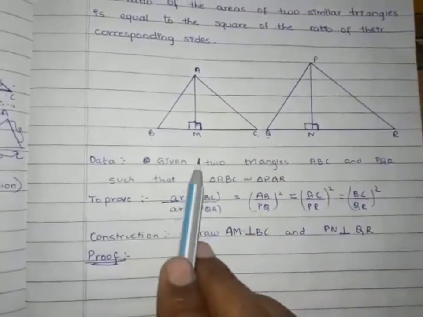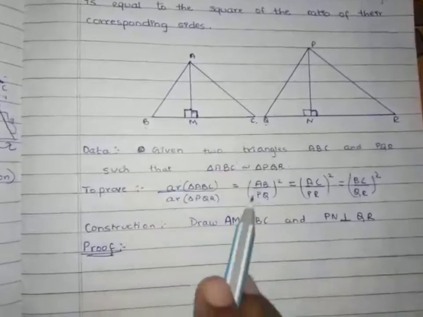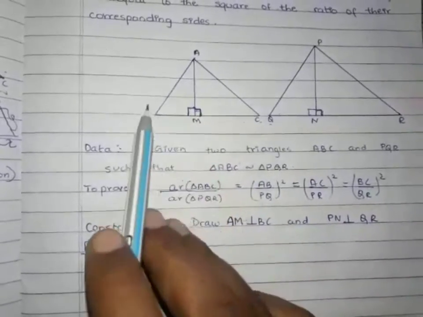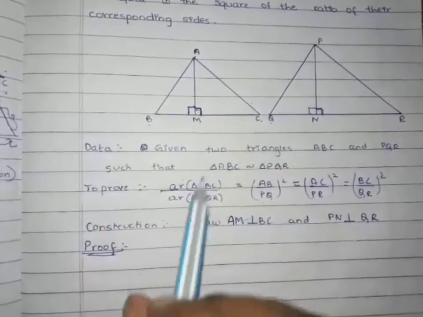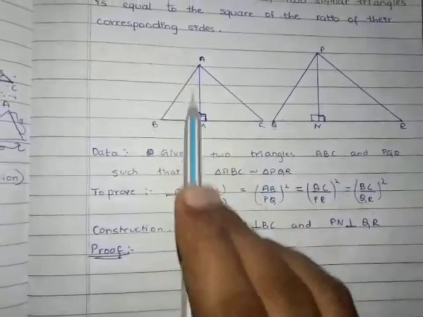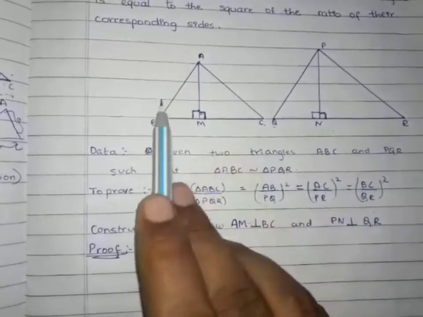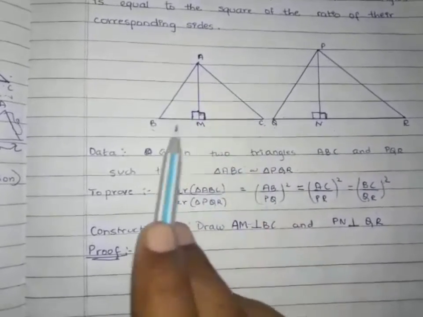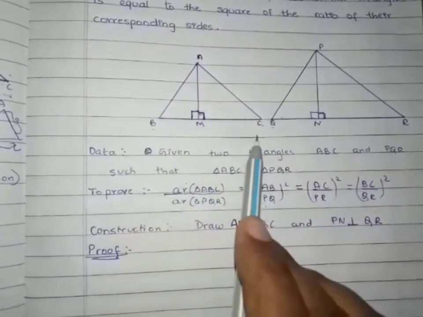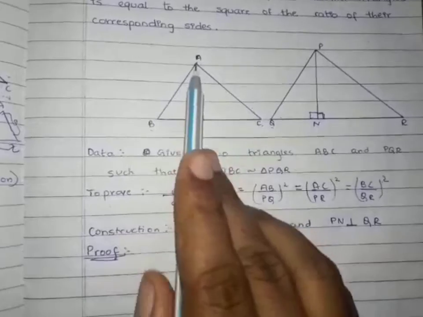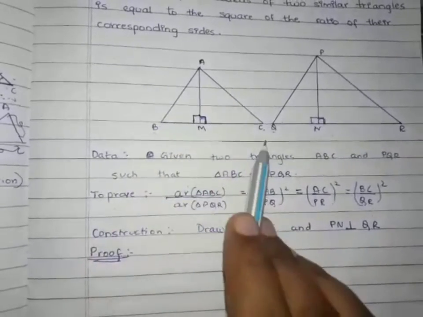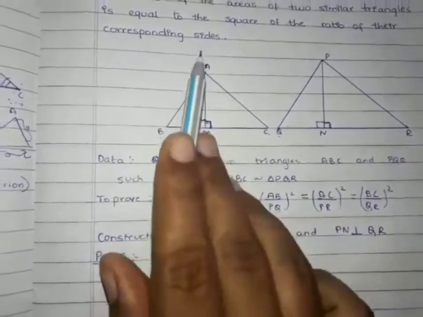So what is the area of a triangle? What is the formula to calculate the area of the triangle? So if we are considering area of the triangle ABC, how do we write it? Area of a triangle is equal to half into base into height. Okay. So if you are writing about triangle ABC, what is the base here? Base is BC. So half into BC into which will be the height? Height is AM. So into AM. So the area of triangle ABC is half into BC into AM.